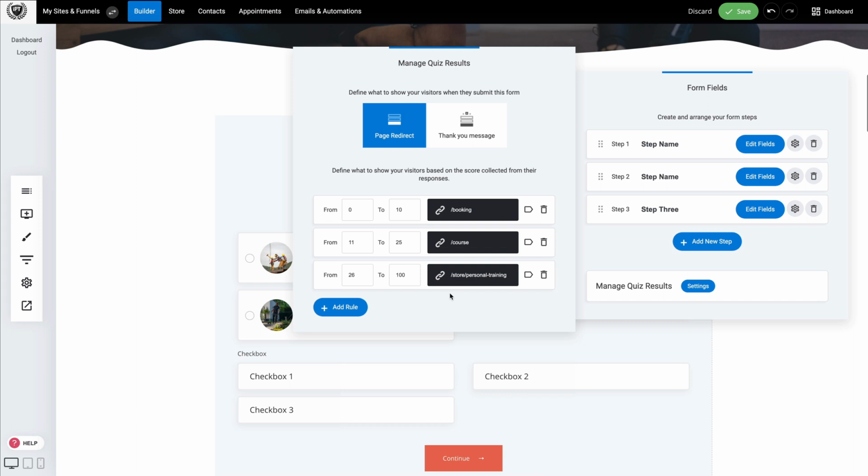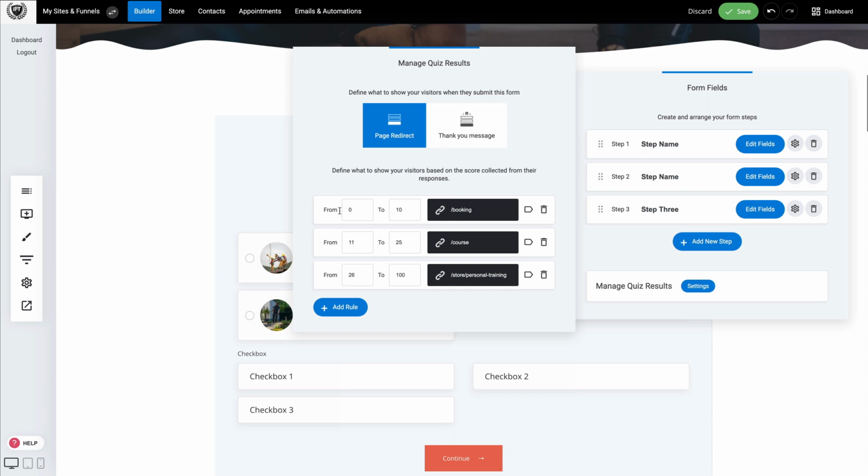So now that I am linking this to a specific product, if they finish my survey or my quiz and they score between 26 and 100, they will have the ability to buy that product right there inside of the form. And if you ask me, I think that's pretty cool. And that's really all there is to the forms and the surveys. You customize it however you want with the questions that you want, and then you configure the thank you message